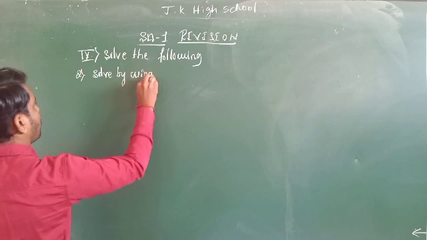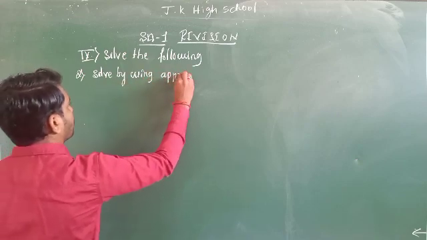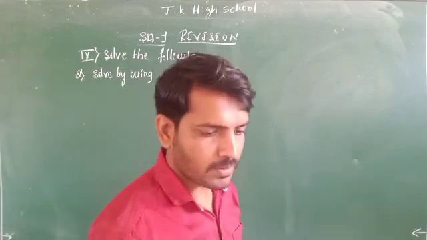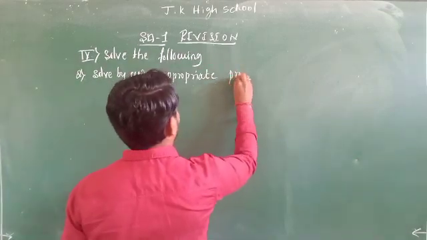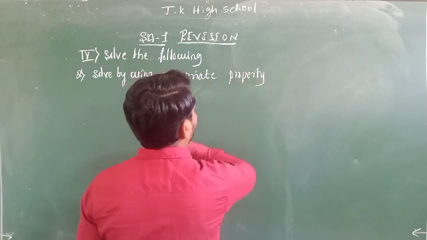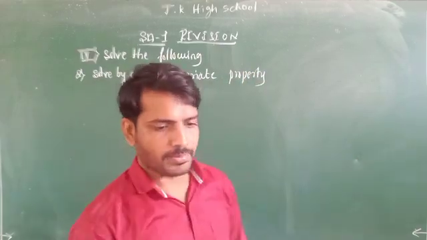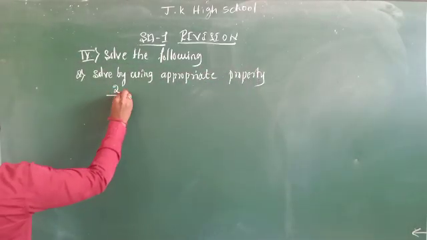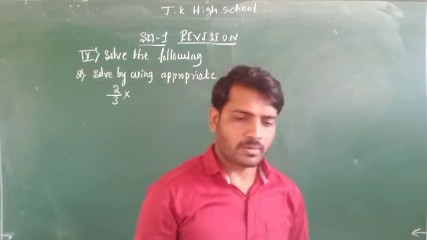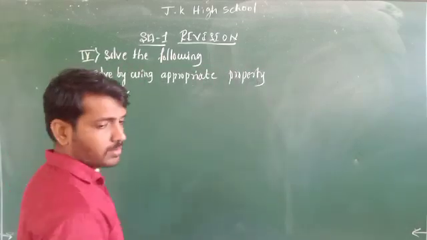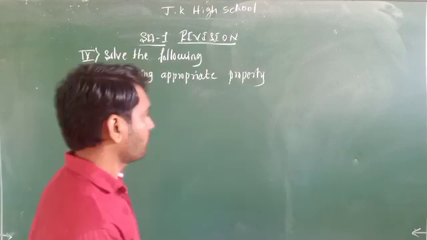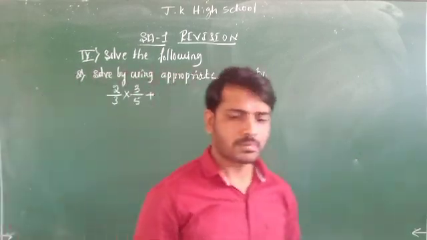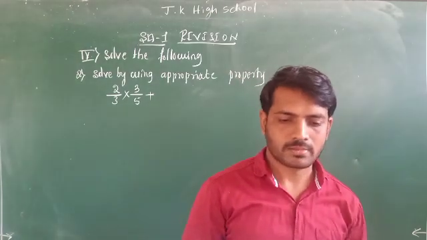Solve by using appropriate property. The question is 2 by 3 into 5 by 4, sorry, 2 by 3 into 3 by 5 plus 5 by 2 minus 3 by 5